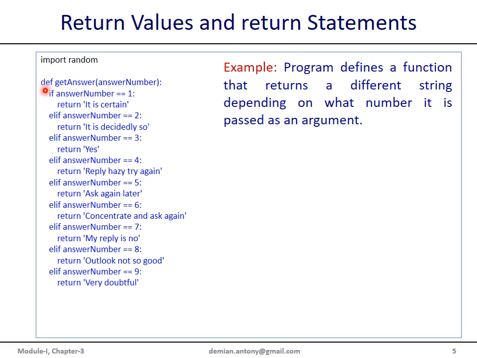Note that this function evaluates to a string value. It means that the function returns a string value depending upon the parameter. If the parameter answerNumber holds the value 1, then it returns 'It is certain'. If the parameter holds the answerNumber 8, then the function getAnswer returns 'Outlook not so good'.